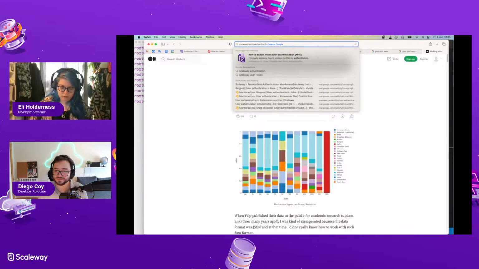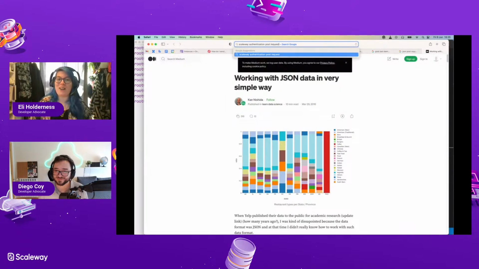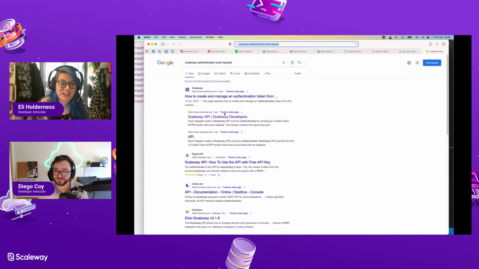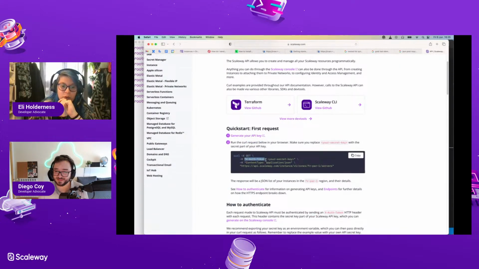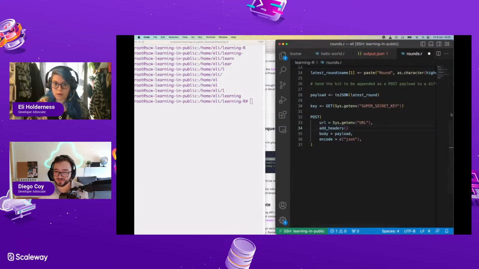authentication post request. Oh my God, it's a Friday afternoon, right? Cool. So the header is X-Auth-Token, your secret key. In this case, you don't need to add that specific header. It's a custom header from the server that I created. Oh, you've got your super secret cool extra thing.